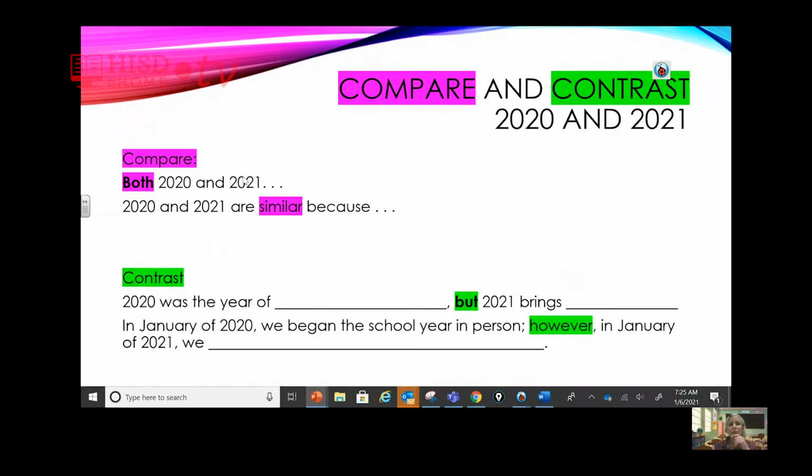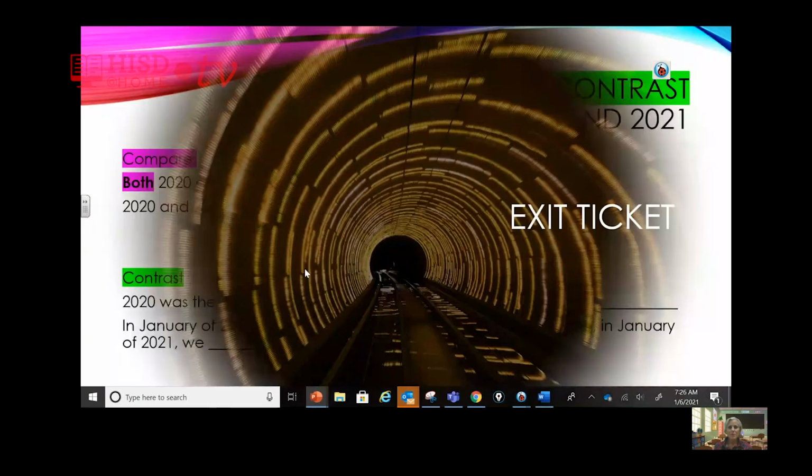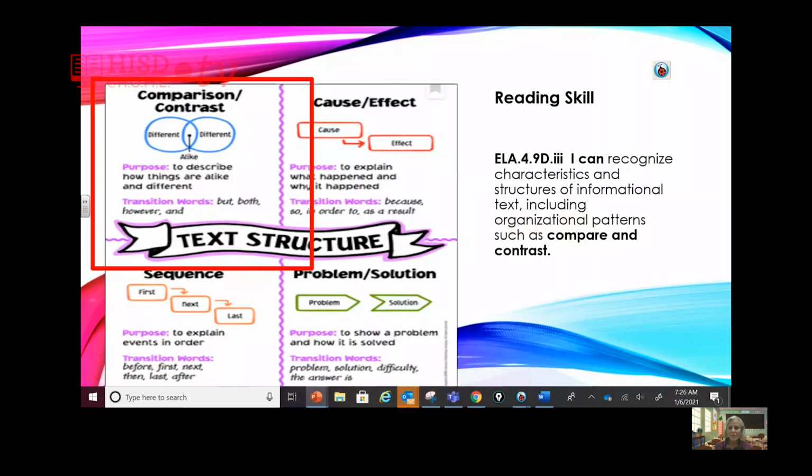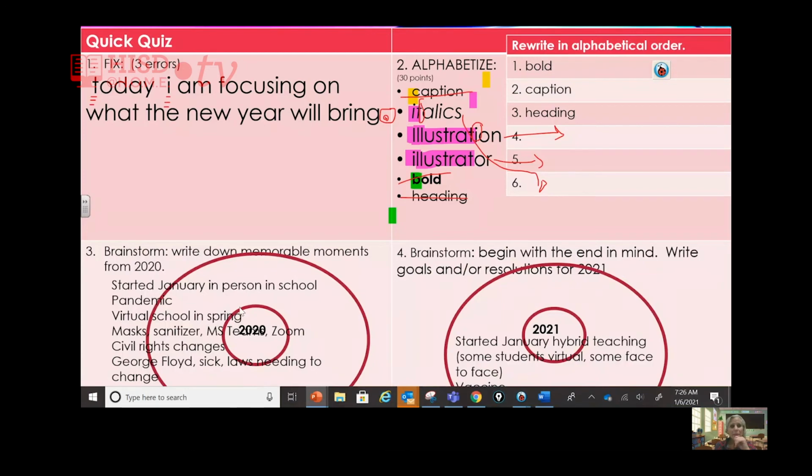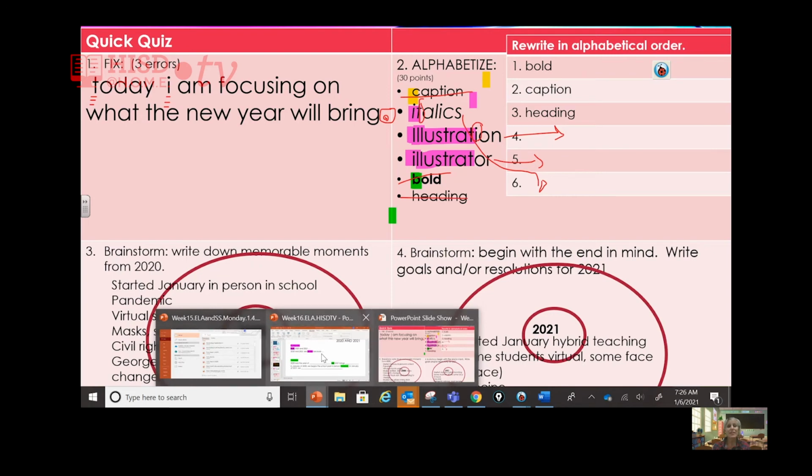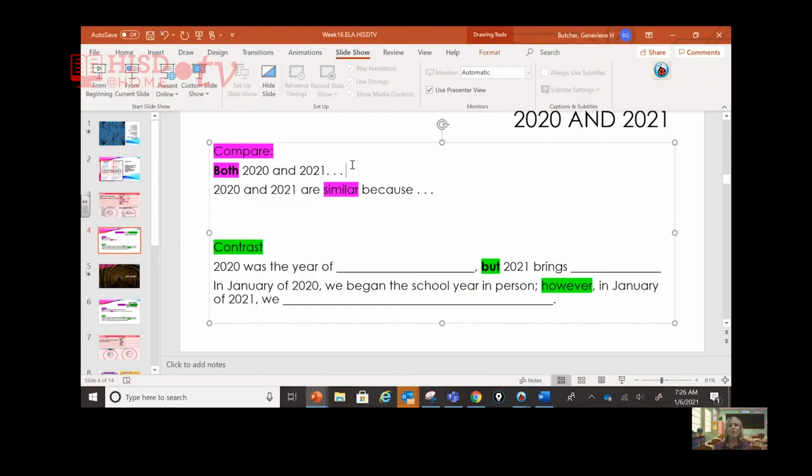So both 2020 and 2021 are similar because, let's try that. Both 2020 and 2021, you go back a slide, have the pandemic, right? You can write something like that. Both 2020 and 2021 have virtual students and in-person students. You've got similarities there. So both 2020 and 2021, however you want to write it, you're looking at yours, and you can fill it in,